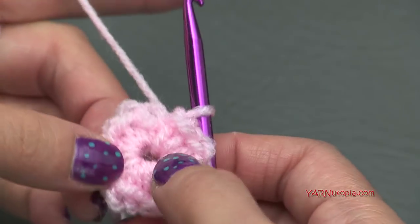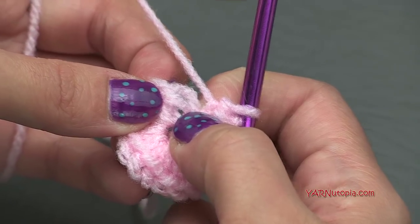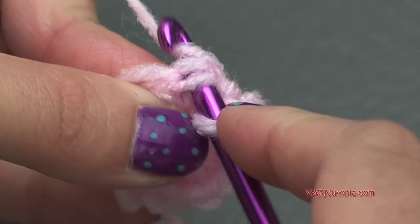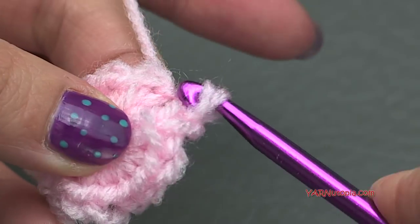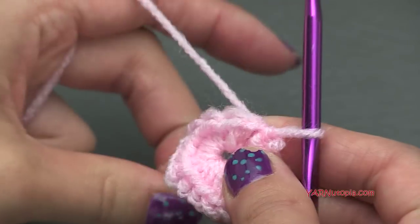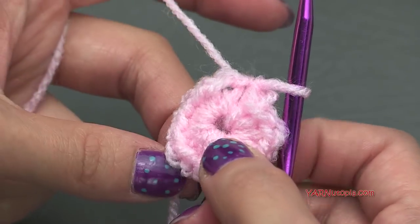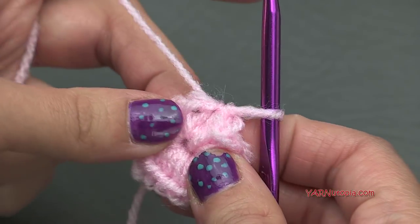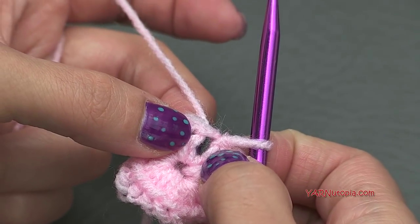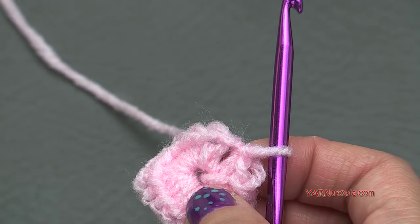And now this is what it should look like. We want to slip stitch to the beginning single crochet of this round right here. So just insert your hook, yarn over, pull through, and pull through. Okay, going on to the next round, if you are changing color, just chain up 1, cut your yarn, continue pulling it through, and insert your hook back into the same stitch,